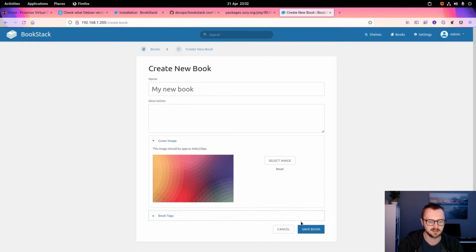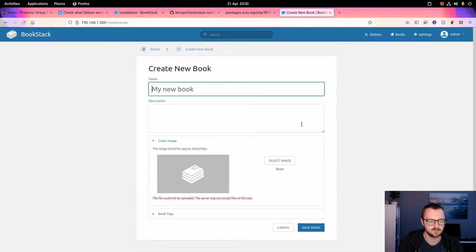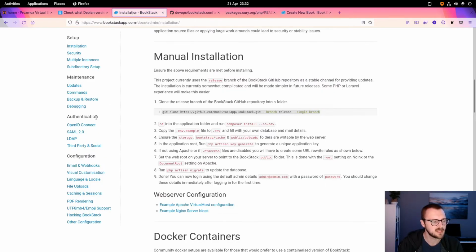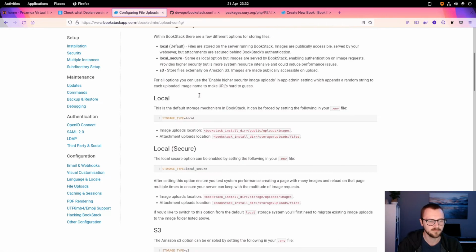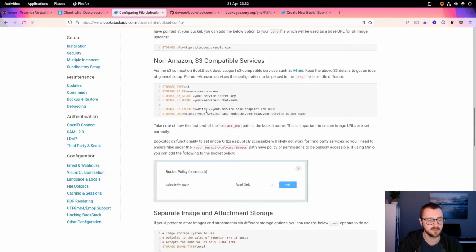Oh, accidentally click the tags. Yeah, that failed. So this is set by limits, either in PHP or the web server typically. And there is a section in the documentation for this under file uploads and then changing upload limits. So it's limited potentially at a few different